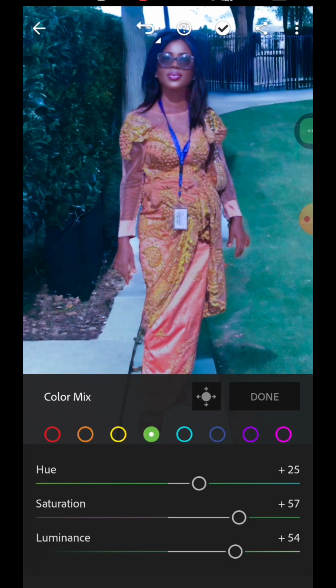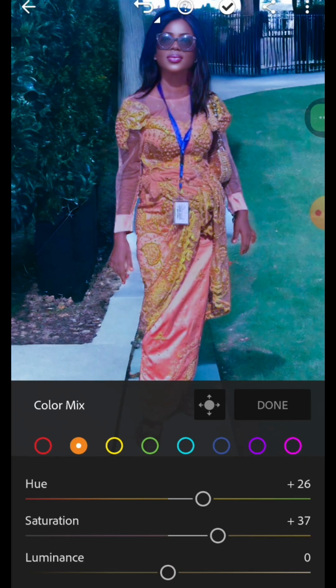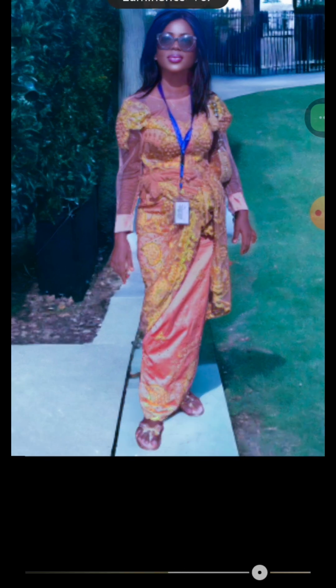The luminance has to do with adding shine. The luminance adds shine to your images. It makes the image look very beautiful. So you can increase the luminance and all the rest of them for the green. Now you want to adjust the orange, you can click on the orange button and also adjust it. I hope you're seeing what I'm doing. It's reduced. Do you see the hue? Then the saturation increases the brightness, and then the luminance. You want it to be